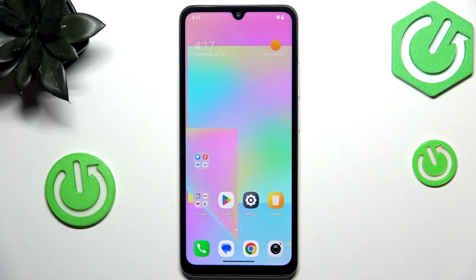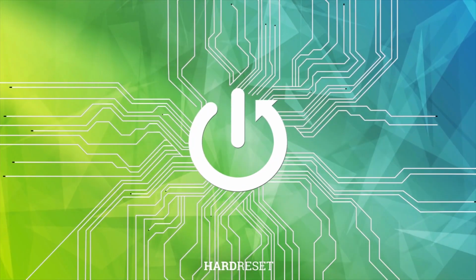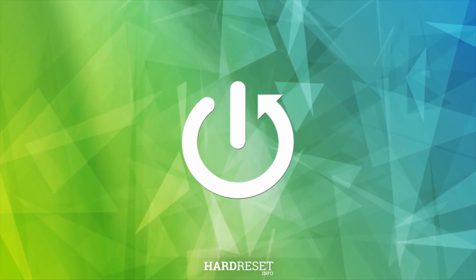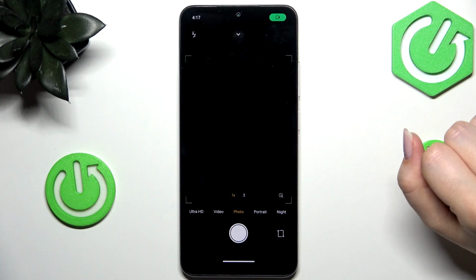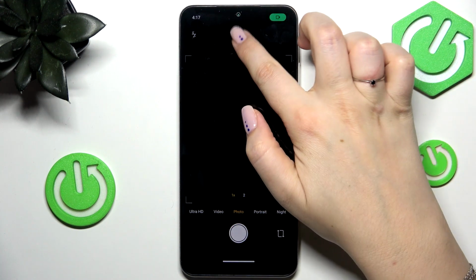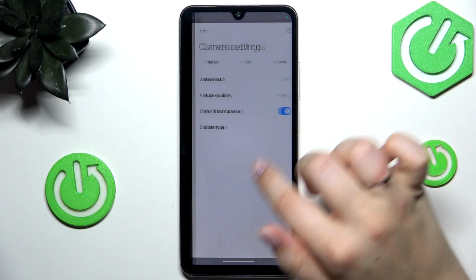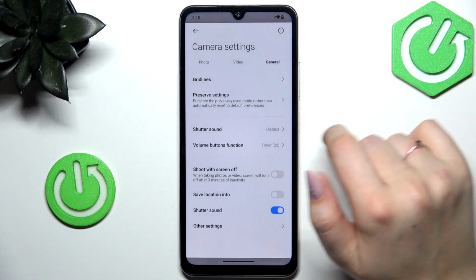Hi everyone, in front of me I've got POCO C71 and let me share with you how to reset camera preferences on this device. So let's begin with opening the camera app. Currently we are in the standard photo mode, and before I explain everything, let me quickly set the grid